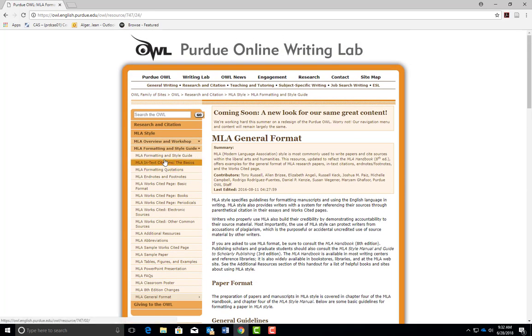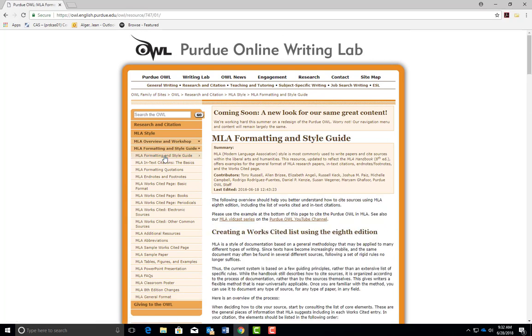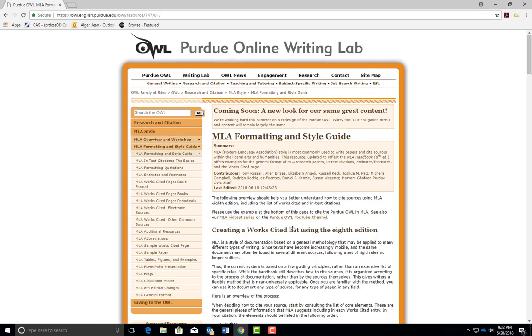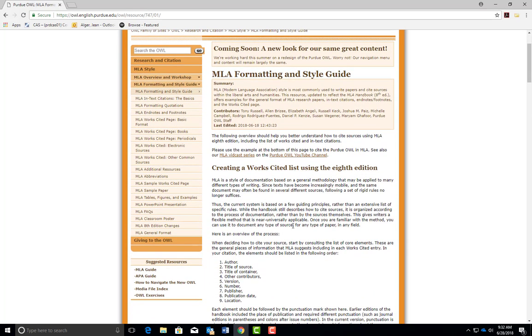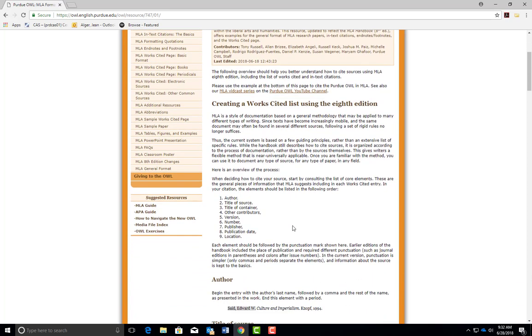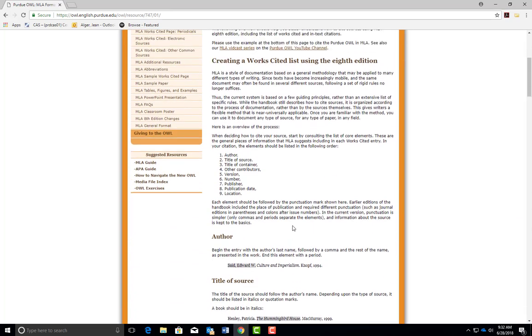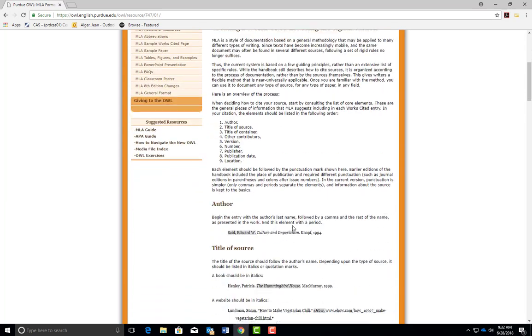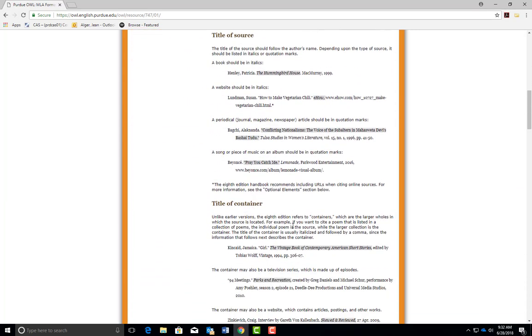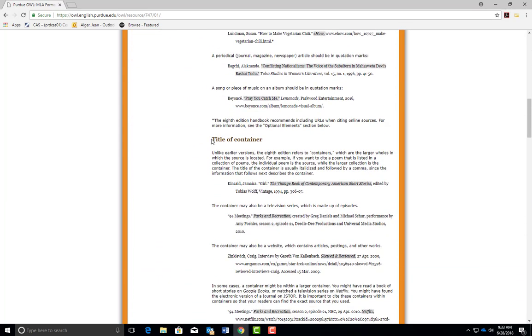The next thing that you can take a look at is the formatting and style guide. This is going to give us an overview of how we create the works cited list. This will give us some general rules. It'll talk to us about how to treat the title of a container.